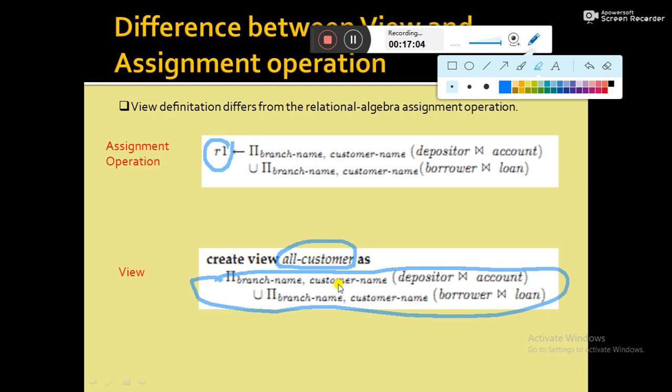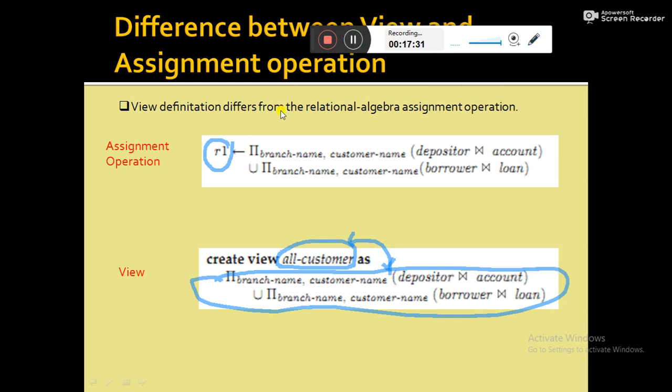That means you can think of it as if, when you create a view, the view name all customer is associated with that definition only. The view name is mapped to a particular view definition. So what happens is that, suppose we have created the relation R1 at time T1.